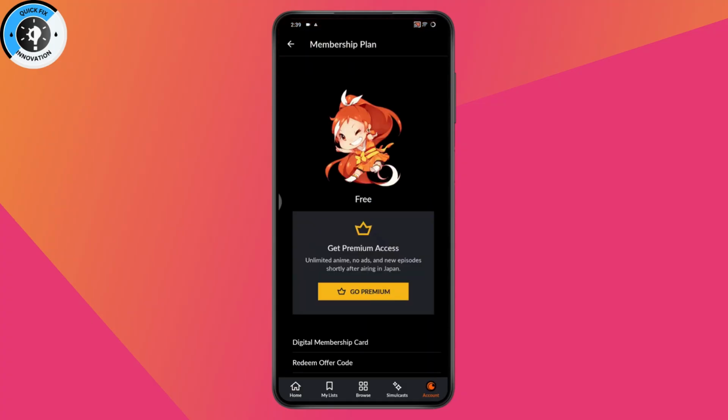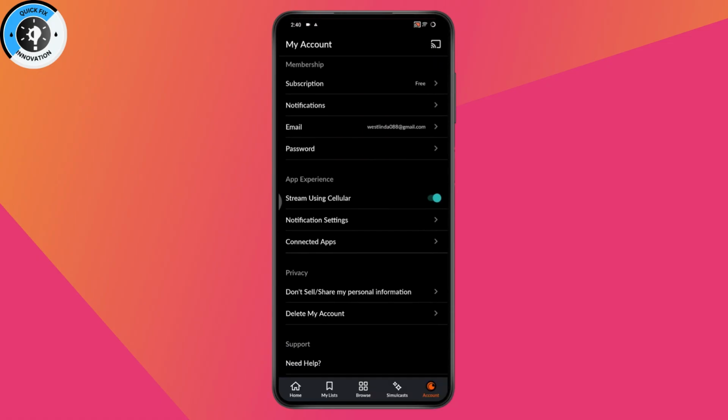So this is the free version that I'm using right now, but if you want to go premium, then you can also tap on go premium so that you won't have any ads. You will have unlimited anime and new episodes shortly after airing in Japan. You'll also have the digital membership card, redeem offer code, and if you scroll down, you will have the notifications,